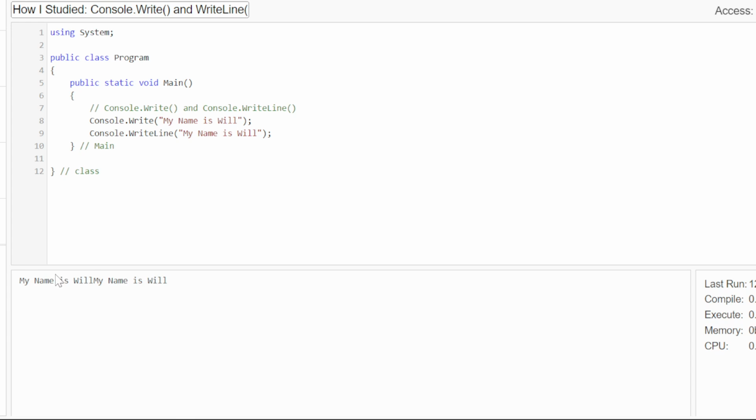But now I notice here, well, this I think is my first one, and what's going on here? Is this my second one? I'm not sure. Why is it all on the same line? And so it probably has something to do with the fact that these are two different methods. So what I would do is I'm going to change something. I'm going to remove this and I will place it above and I will see what happens. If I run it, I now notice it's on two separate lines. So without going to documentation or anything, I'm just kind of inferring that, oh, WriteLine will automatically move it